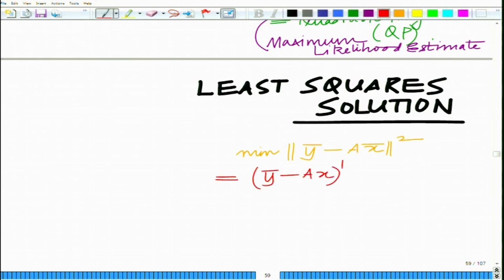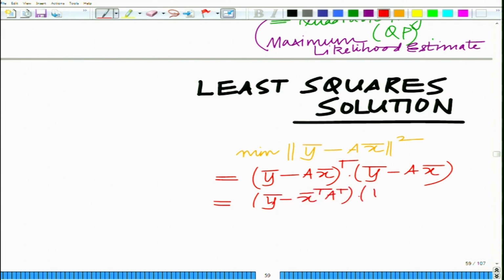So this is (y bar minus A x bar) transpose times (y bar minus A x bar), which is equal to (y bar minus x bar transpose A transpose) times (y bar minus A x bar),